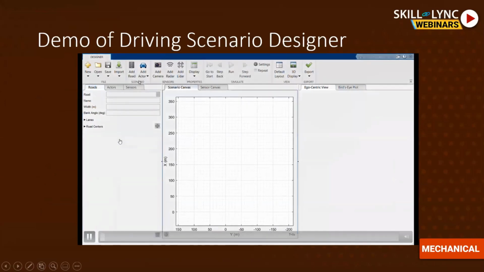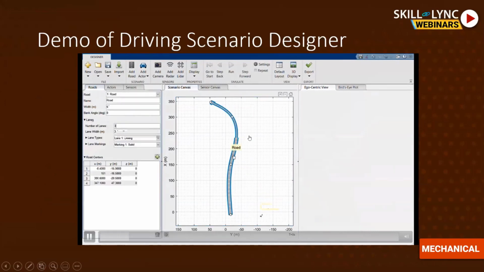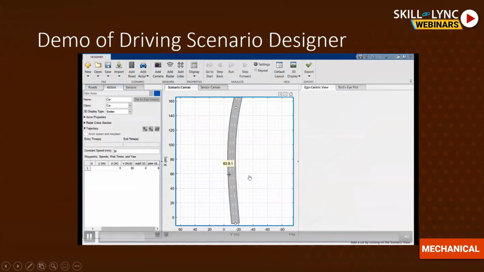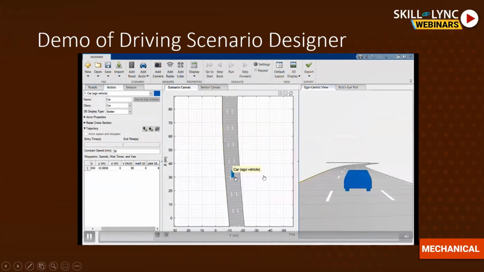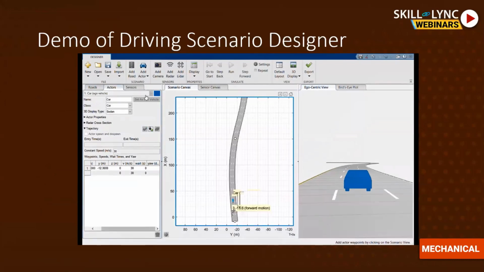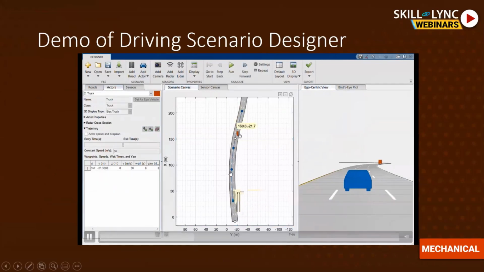So over here, I want to build a scenario from scratch. So I click on new and I try to add a road. And like you can see, I can just click on it and add the road, and it's as easy as that. So I would start with adding one single actor, and this actor acts as my ego vehicle. So I can set that over here, and after I add the vehicle, I would define its trajectory.